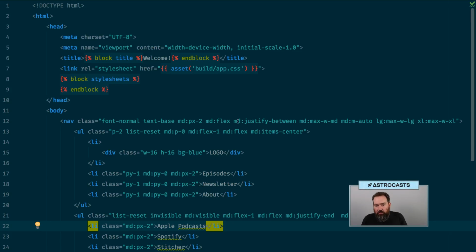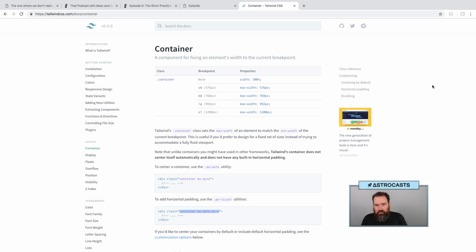But the main thing was that what I had done here was set the max width to large once we get to the large breakpoint. And then for XL, I set the max width to XL. The problem is that these sizes, the max width, large and XL and such, are actually based on rems. So if we go to